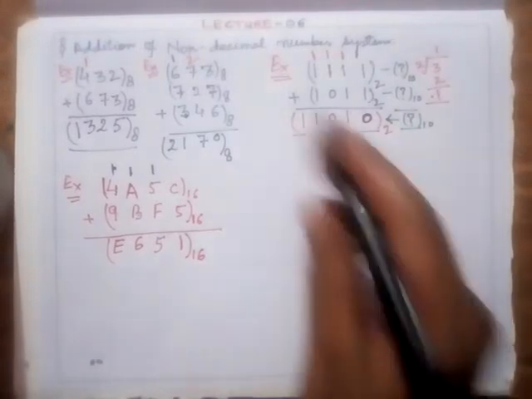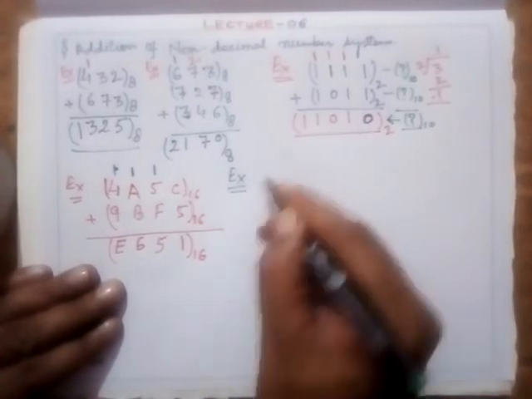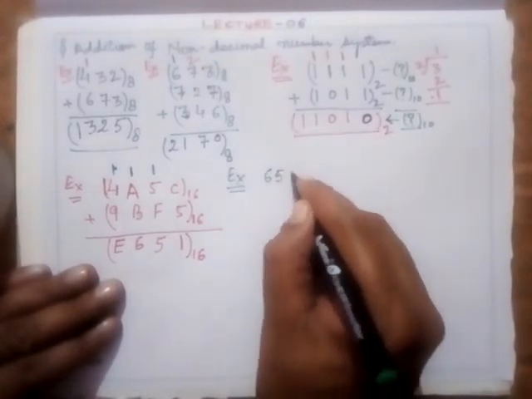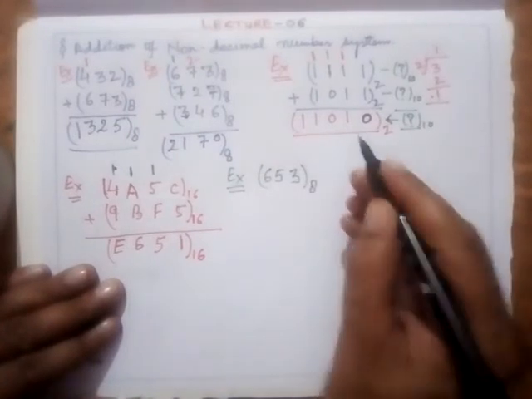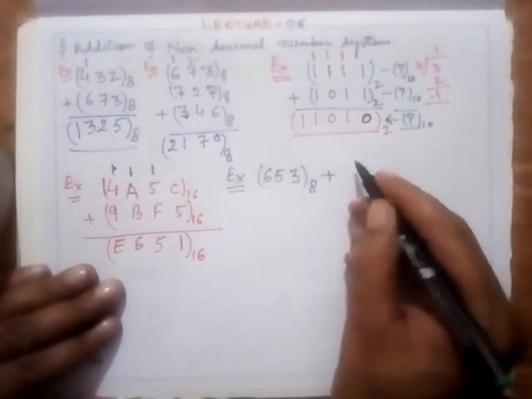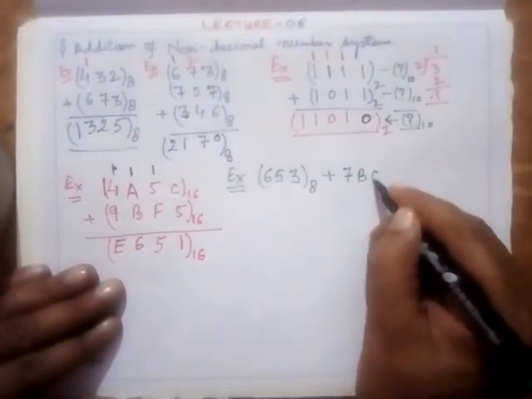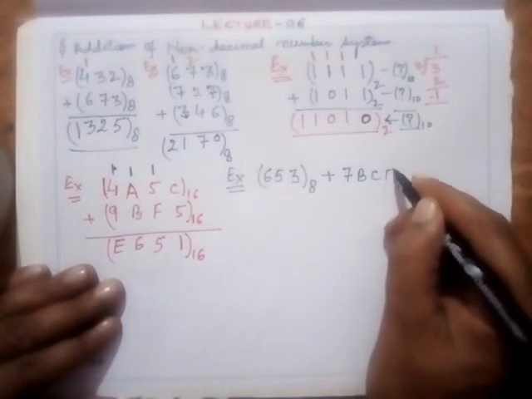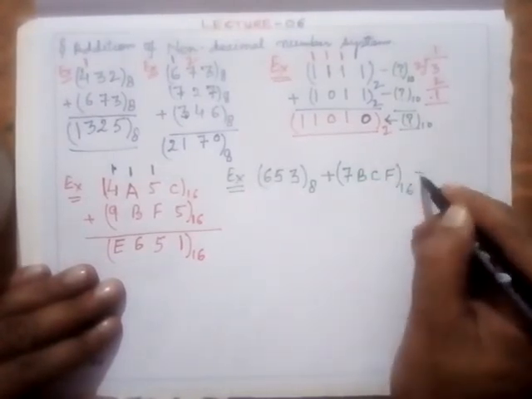Let's take an example of this also. I'll take another example. Suppose I say that add two numbers with different bases. You have a number 653 in base 8, plus another number 7BCF in base 16. And I ask you what is the result